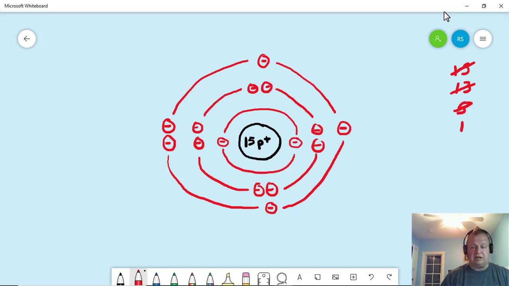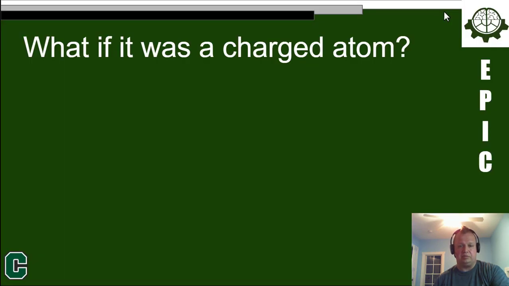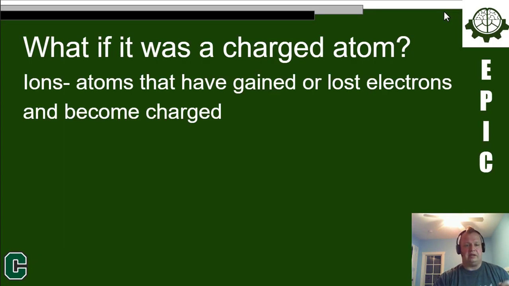If I took one of these electrons and yanked it away from the atom, and it went to another atom, I would have changed the charge because now, instead of having 15 protons and 15 electrons, I only have 15 protons and 14 electrons, which would give me a positive 1 charge. Now it's a weird thing to think I take something away and end up with a positive charge, but it is what it is. So we can say that ions are atoms that have gained or lost electrons